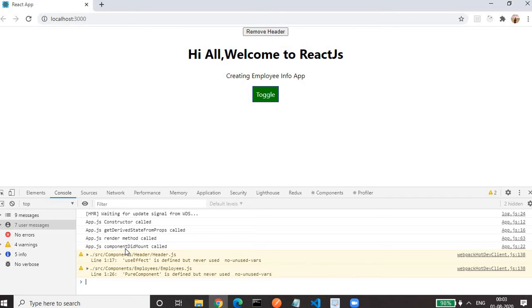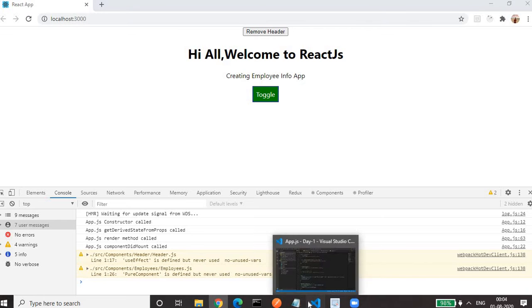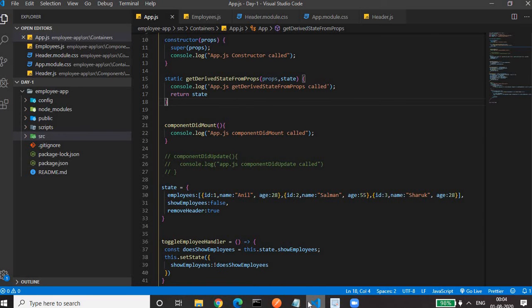This is the method where we'll do the Ajax call, the side effect. The Ajax call, or if you want to send some request to Google Analytics, or if you want to store something in the local storage or session storage, all kinds of side effects we'll do in this method. This is the last method when the component gets mounted in the DOM. Okay. I mean when the component is being created, you can say. So we have seen the methods during the creation of a component.